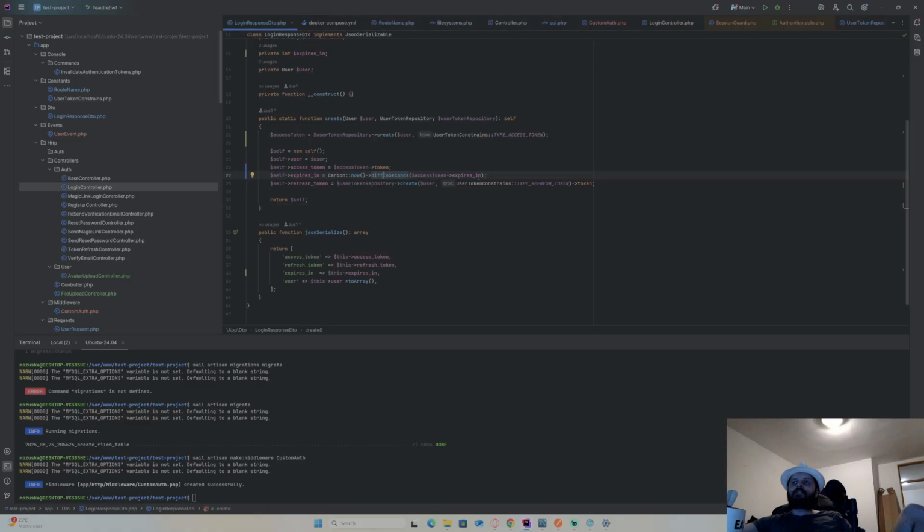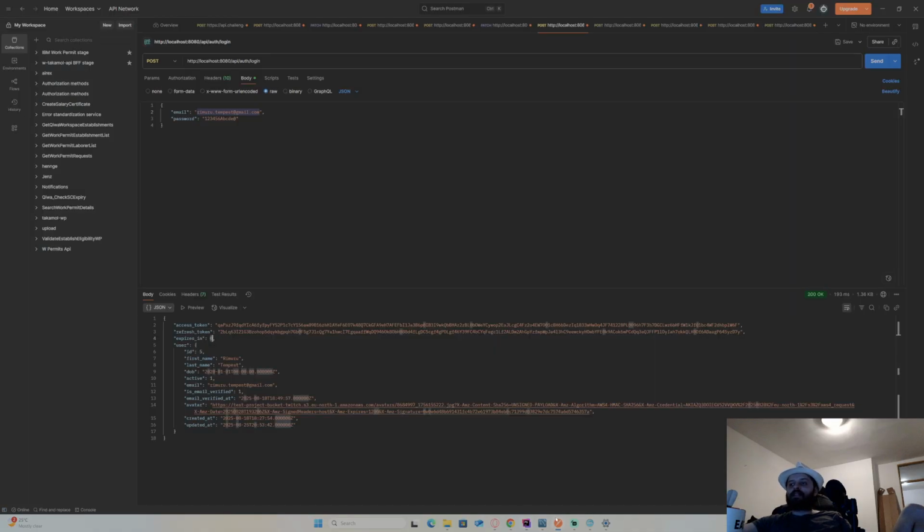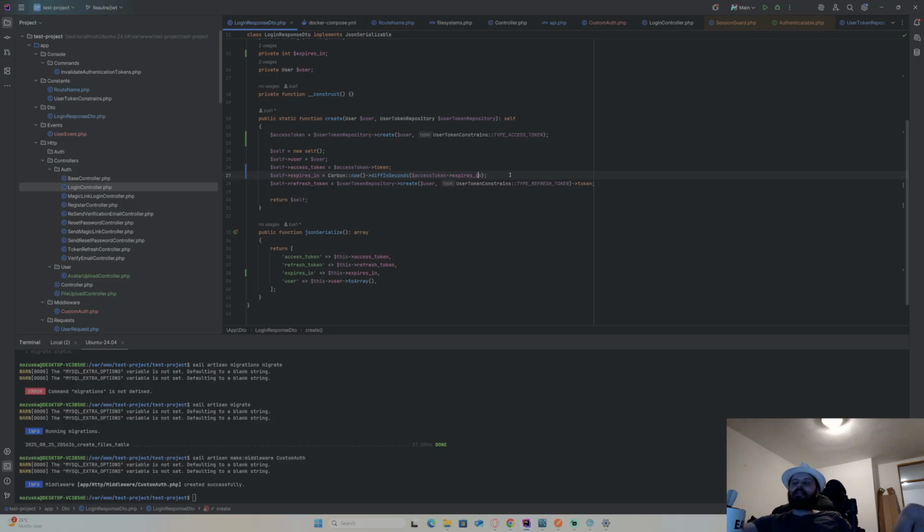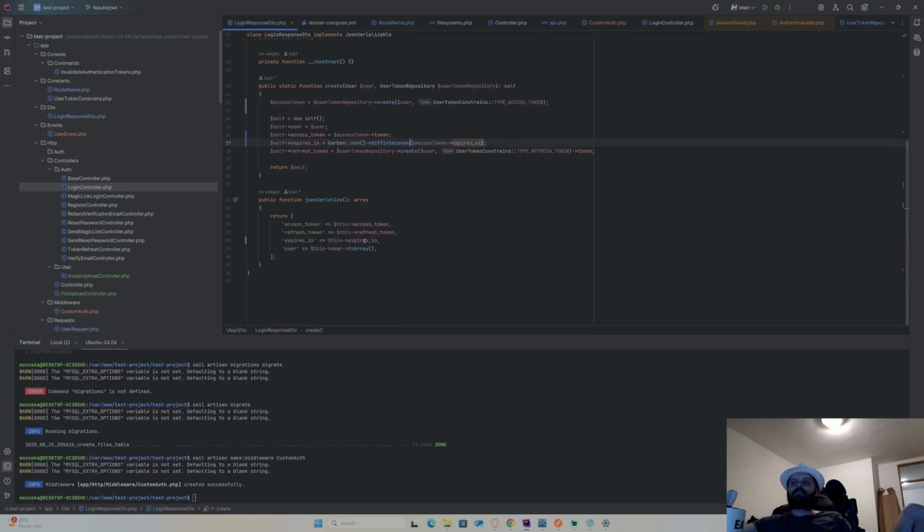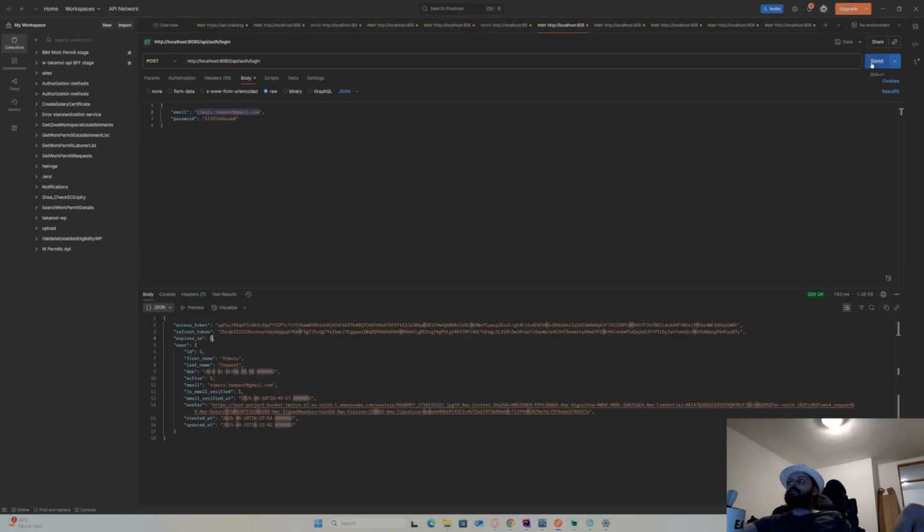Let me just try to reverse it, but I don't think the expires in returns what actually should be a string. Why have expires in? It's expires at, lol. Okay, never mind, I looked at the properties incorrectly. It's expires at and expires in, just the difference. Okay, now it should be fine. Yeah, now it's fine. I think I could calculate it, but I think this should be 3 months' worth. Okay, now I have my token.